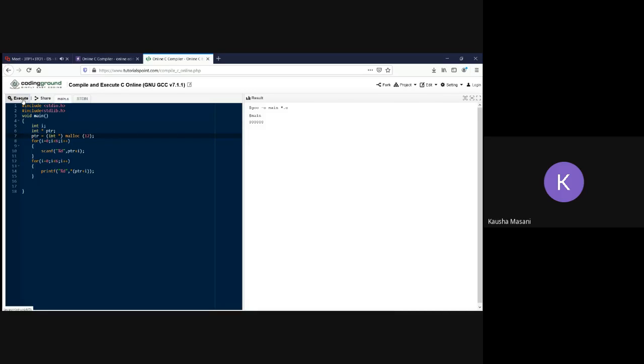Integer i, you have given the pointer PTR equal to integer star malloc 12. Okay. Scanf is also right. For i equals 0, i less than 6, and i plus plus.